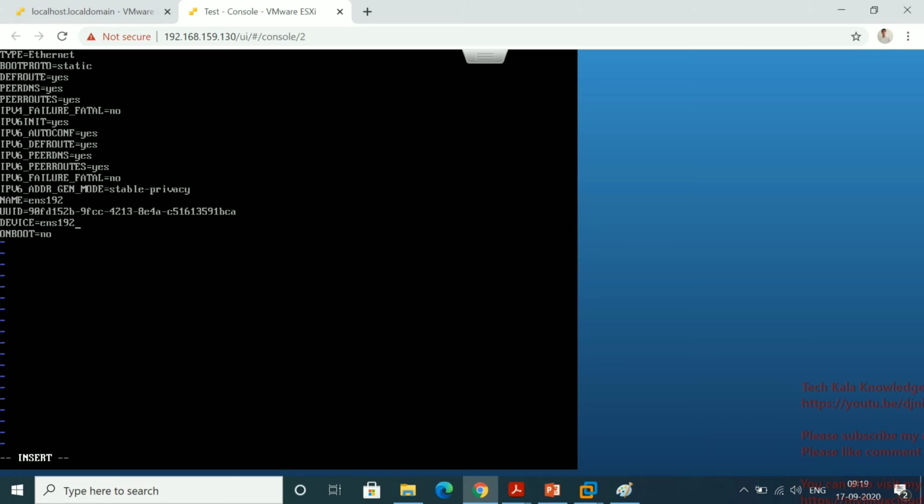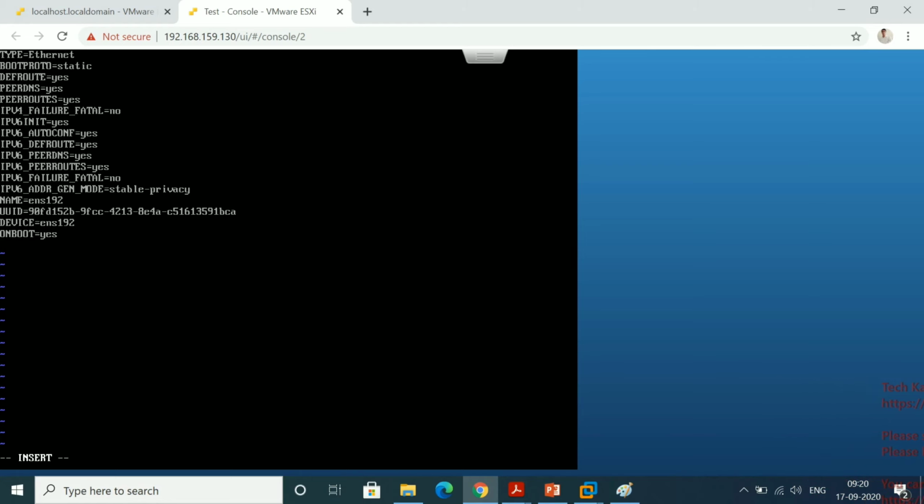Okay. So the device name is also ENS 192. Now you can see here it's showing ONBOOT as no. It means that once the server boots, it will not assign the IP, it will not use this file. So what we have to do is change it here to yes. Then it will read that file, and whatever configuration is in this file will work after booting the system. Okay. So this one is also done.